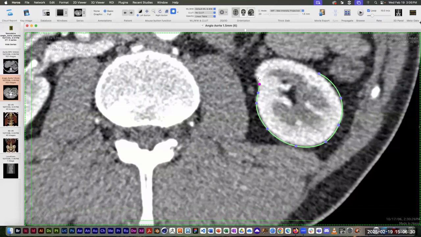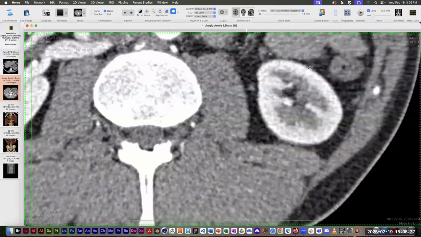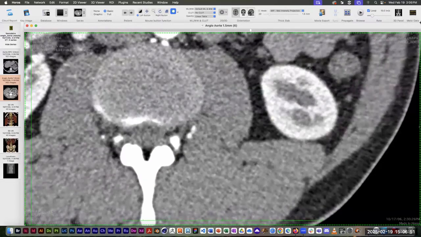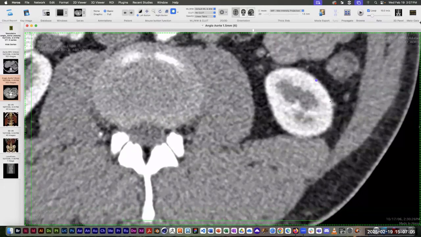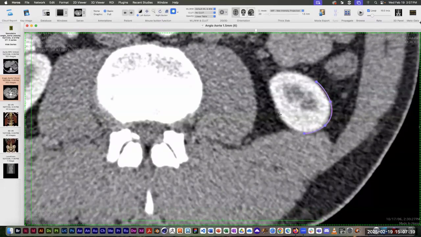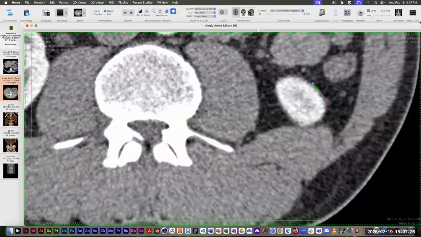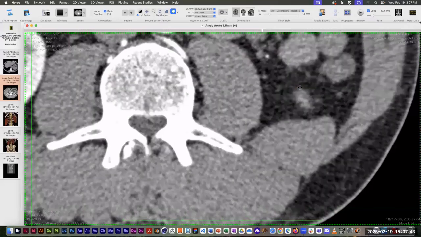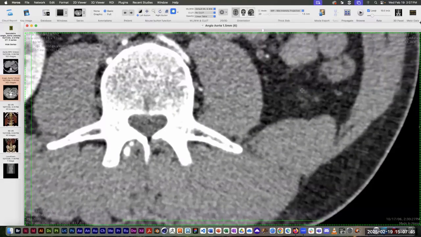Still just a little bit of an indent here where the hilum was. I guess basically that's done. All right, so